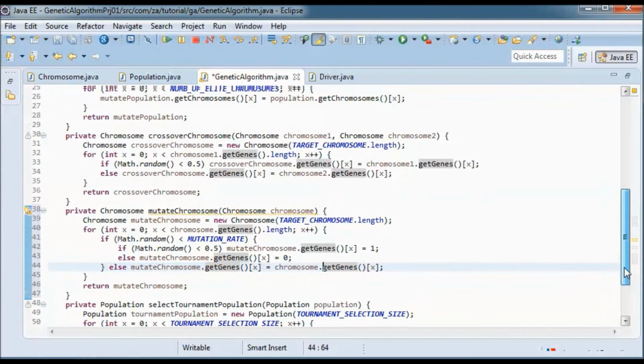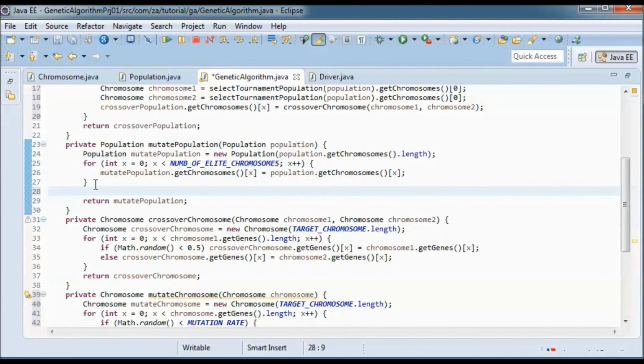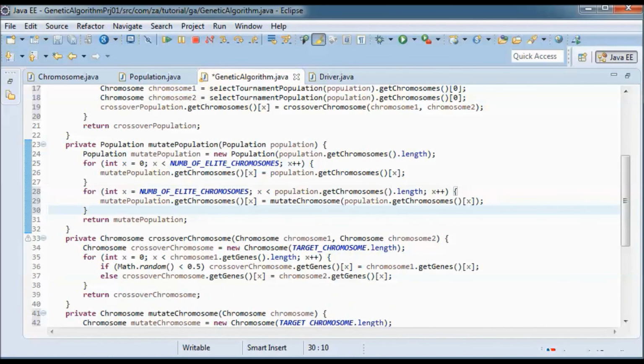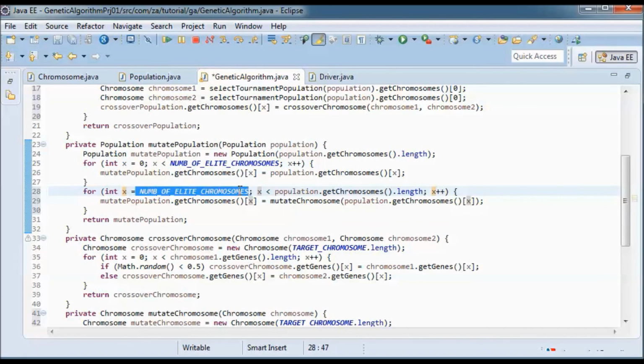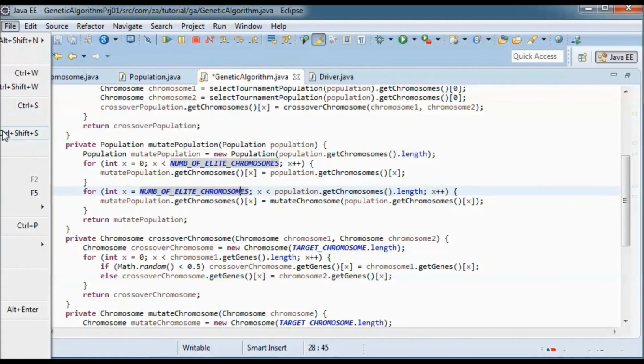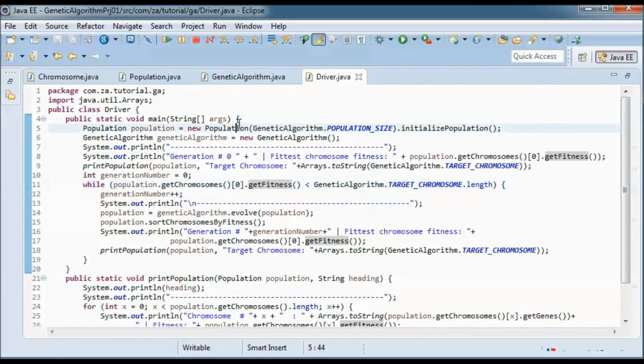So now let's go back to the mutate population method, and call the mutate chromosome method on all the chromosomes except the elite one. So we're starting from 1 in this case. So let's save all and go ahead and run it.